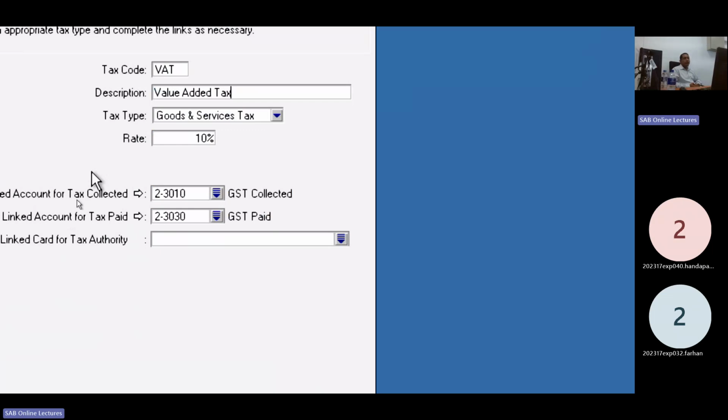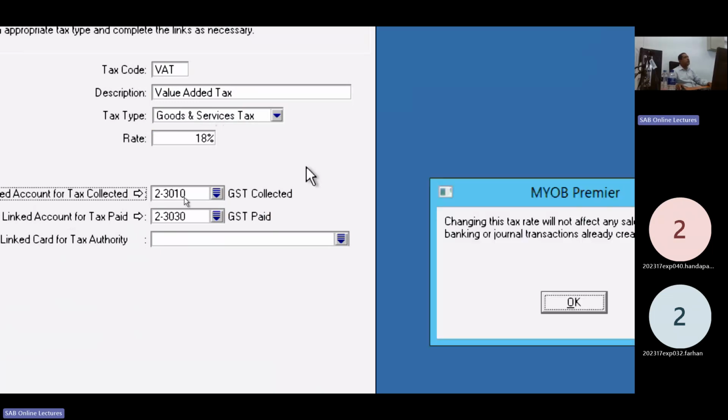Description. Tax type, goods and service. Understood? The taxes are calculated on either goods sale or service supply. But you have to change the rate here to 18%. Click tab again.